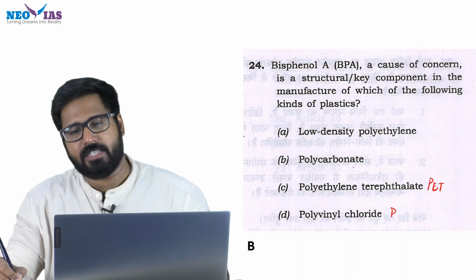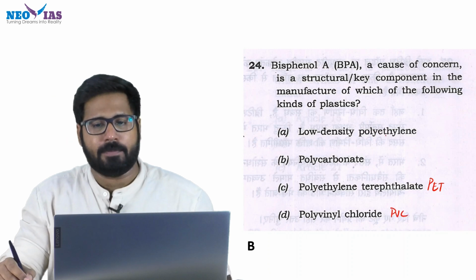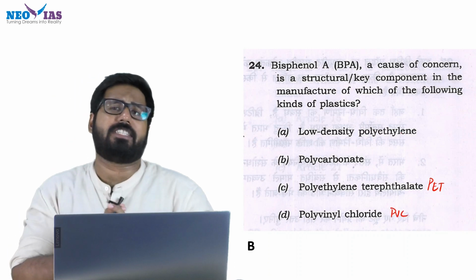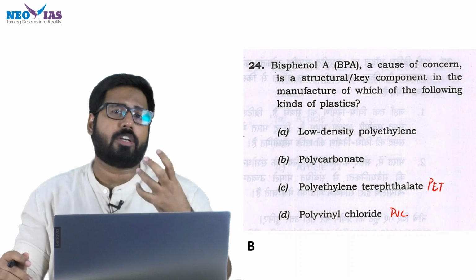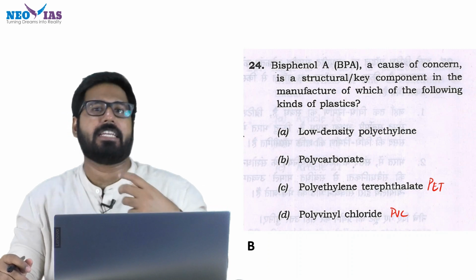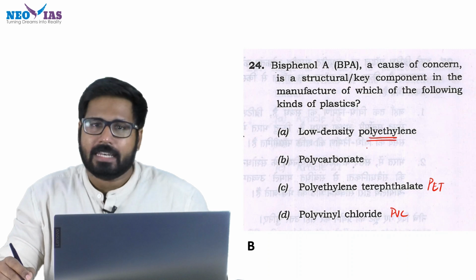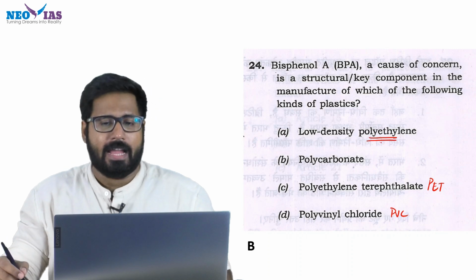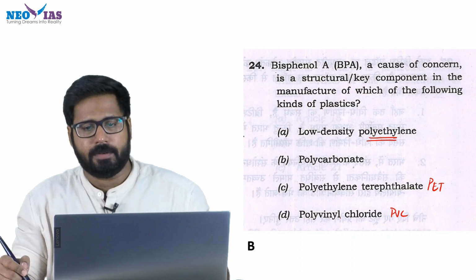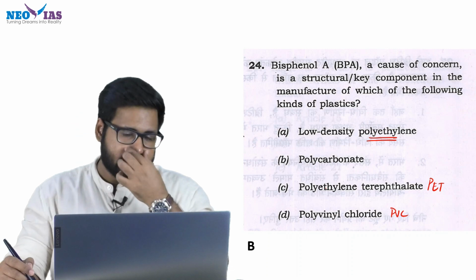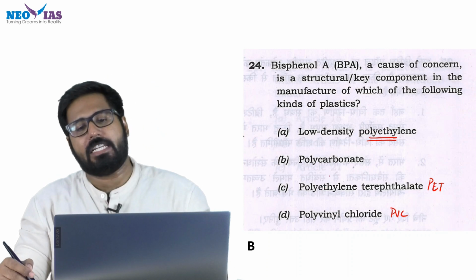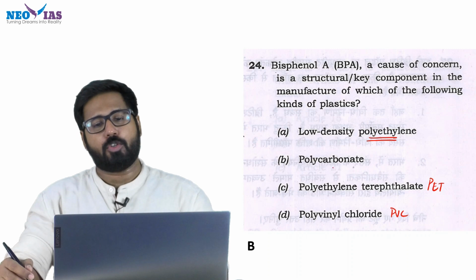Polyvinyl chloride is PVC, and low density polyethylene, these are the water bottles that you normally buy, Bisleri or Aquafina, all of those things, they usually use polyethylene bottles. And then you're left with polycarbonate and the rest of them. So here in this case, if you've been following the news, the major news is that you should know that